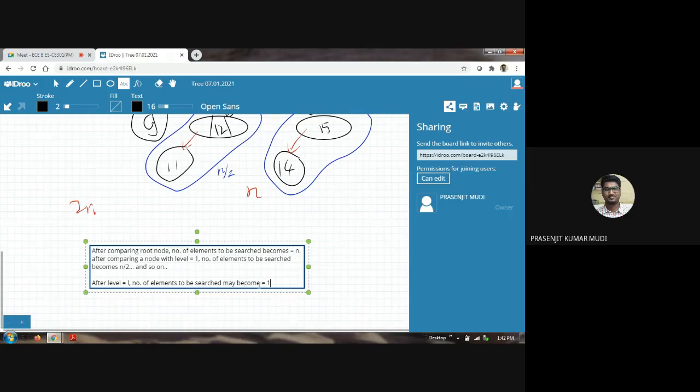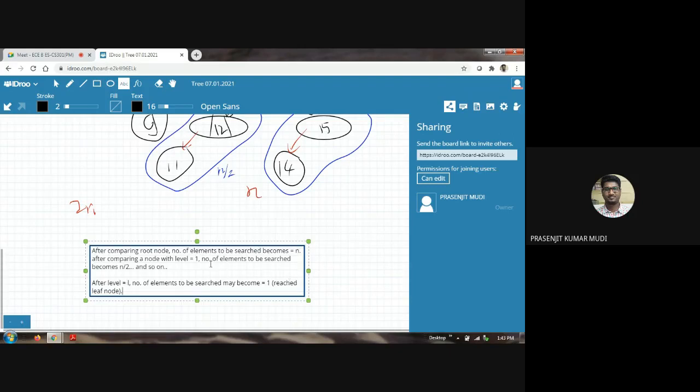That means we have reached the leaf node at the end of the overall binary search tree. This is possible, and then you will decide whether you have found it or not found it. If the element is not present in the binary search tree, you may ultimately reach the leaf node, the last level.